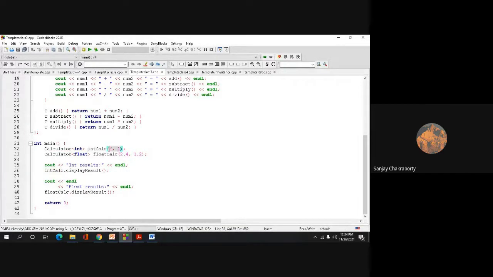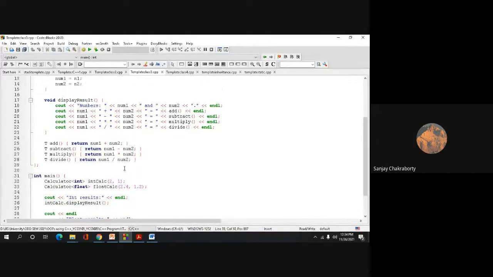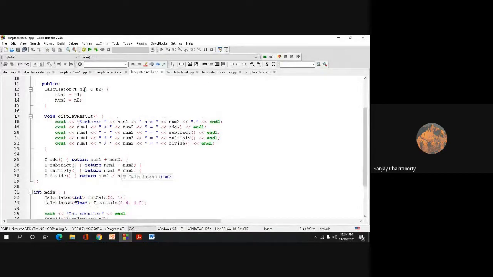So we have to pass two integer values, 2 and 1. On which parameters will this 2 and 1 be passed? Through the parameters of this calculator, n1 and n2. So right now the n1 value is 2 and n2 value is 1, right? And what is their type? Parameter type? Integer. So this is the first call. Now what will be the current value of num1 and num2? The current value of num1 and num2 is n1 and n2, that is 2 and 1.